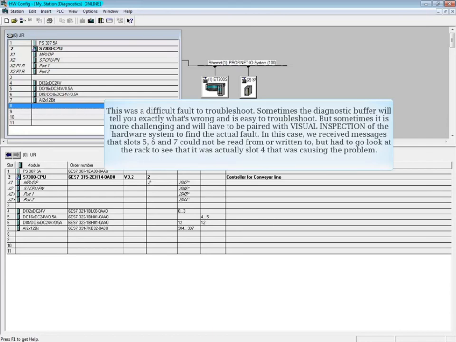This was a difficult fault to troubleshoot. Sometimes the diagnostic buffer will tell you exactly what's wrong and is easy to troubleshoot. But sometimes it's more challenging and will have to be paired with visual inspection of the hardware system to find